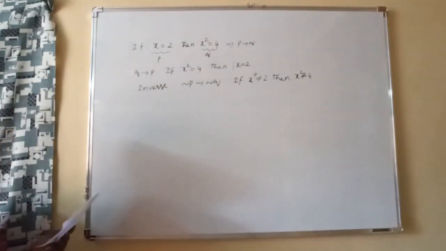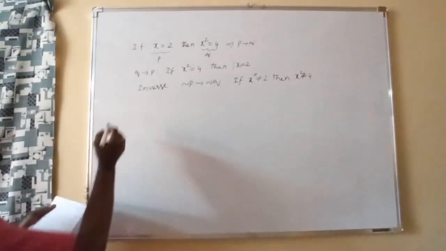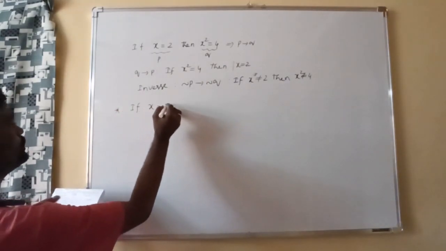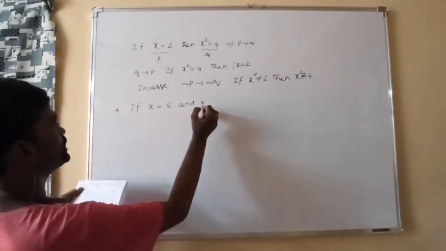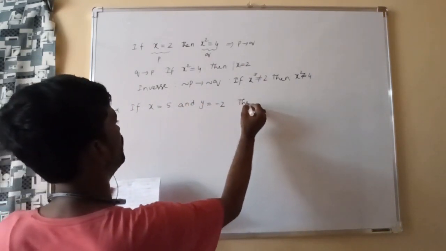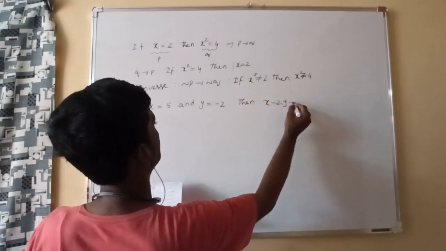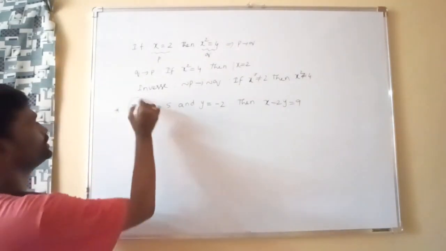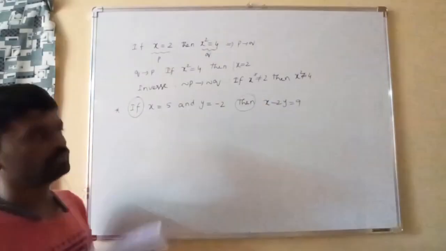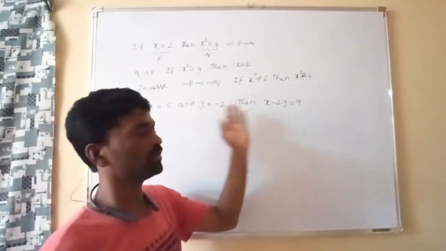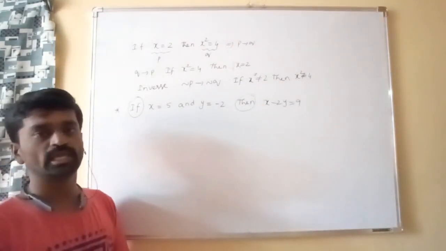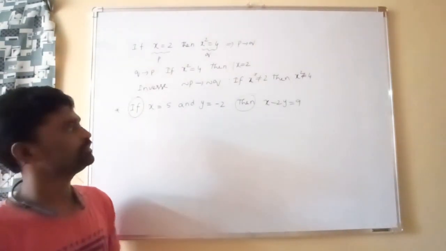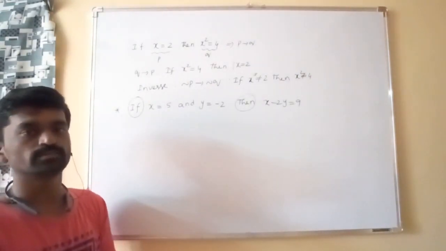Okay? And one more problem. They are asking the contrapositive of, if x is equal to 5 and y is equal to minus 2, then x minus 2y is equal to 9. So be careful with this. Okay. Here, if-then is there, so it is clearly conditional. If you consider this a P and this a Q, then this is in the form of P implies Q. But if you observe carefully, in the statement P one more logical connective is there, and. So that means this whole statement we can't denote by the simple statement P.